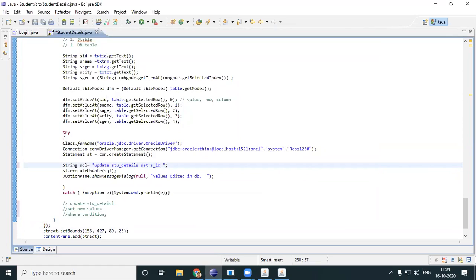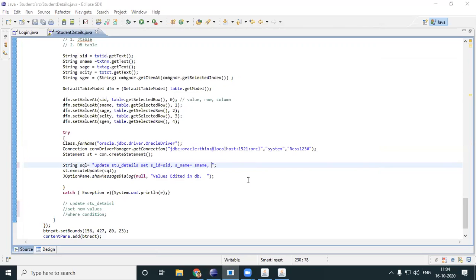S underscore ID is equal to, what is your new value? Your new value is SID, comma, S underscore name is equal to S name, the new values which you're getting from your form, comma, age, city, gender.